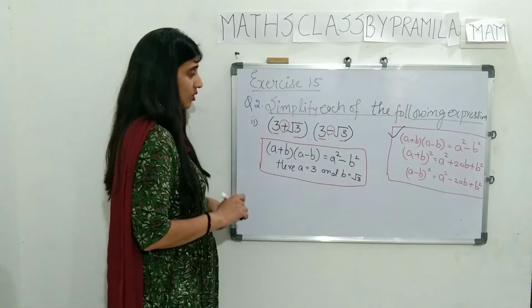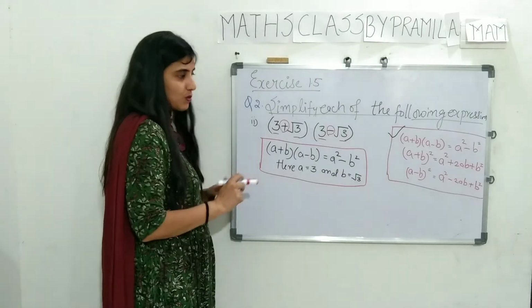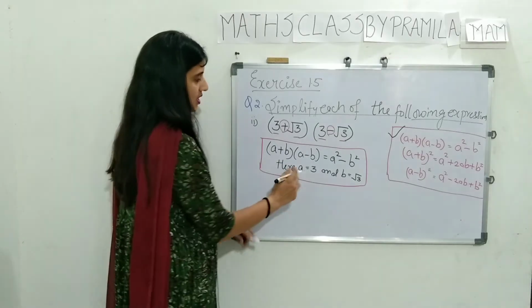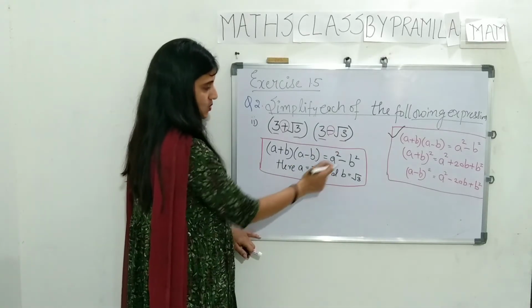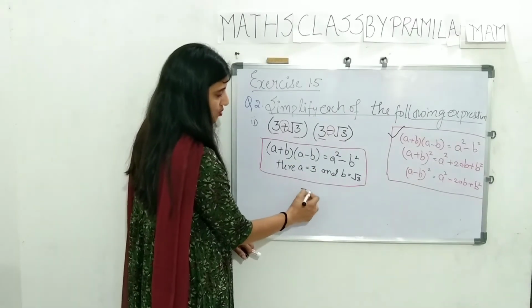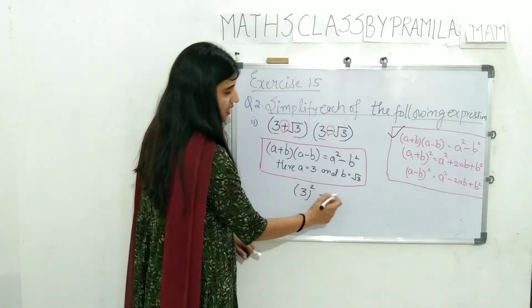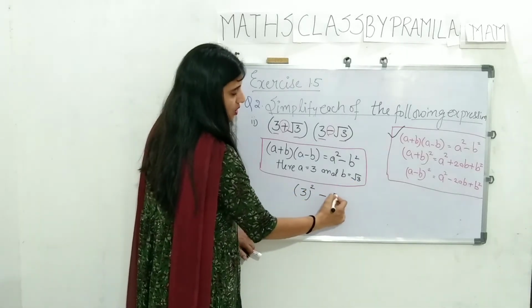Make a habit of writing all the important points in the box. Okay, now we'll write only the answer. A square, a is 3, so 3 square minus root 3